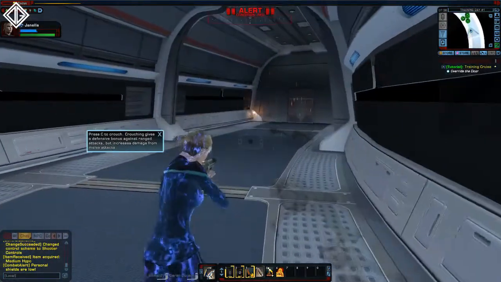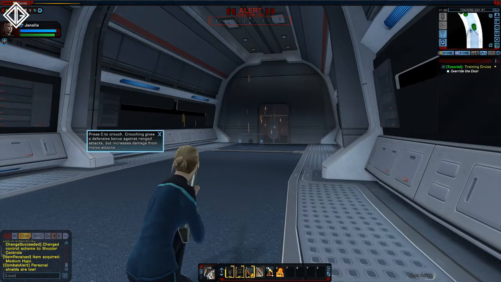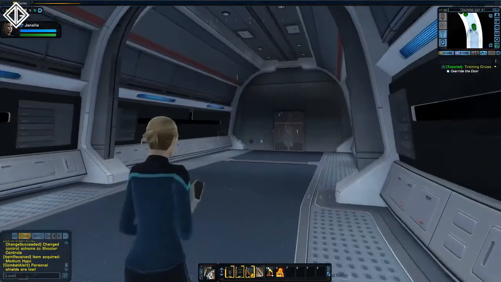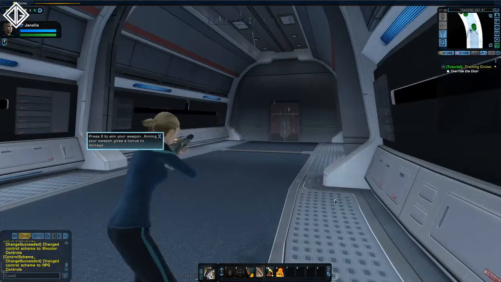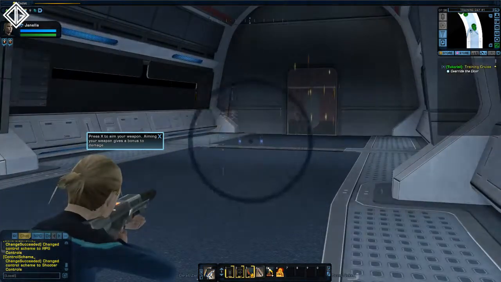Press C to crouch. Crouching is a defensive bonus against ranged attacks, but increases damage from melee attacks. Press X to aim your weapon. Aiming your weapon gives a bonus to damage. When you're crouched, that is, and in shooter mode, so you get a nice little...